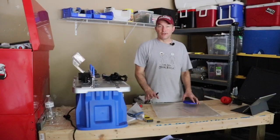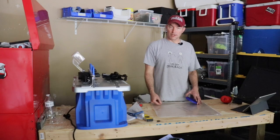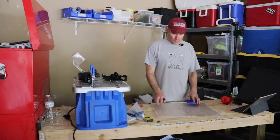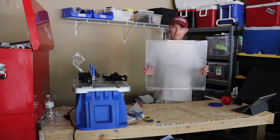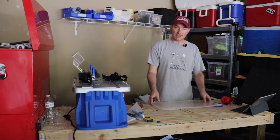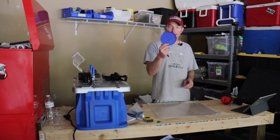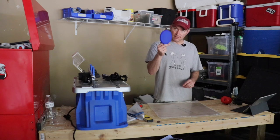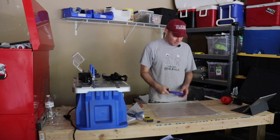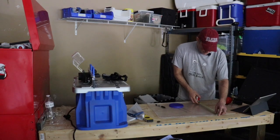All right, so now that we got those all done and measured and dry fitted to make sure that our grooves were good, we had to do a little cleaning them out. We're going to take this front piece or the back piece and we're going to make some hand holes. They recommend 5-inch hand holes. Lucky for me, this little blue top to the Nestle Quik is about 5 inches, so we're going to use this. So I'm going to measure down from the top,